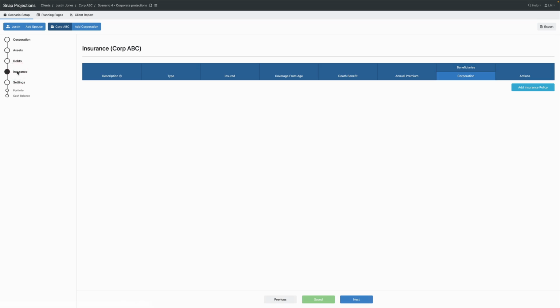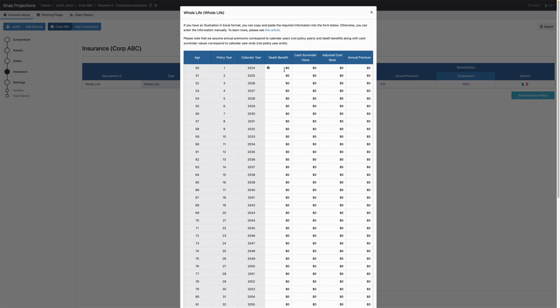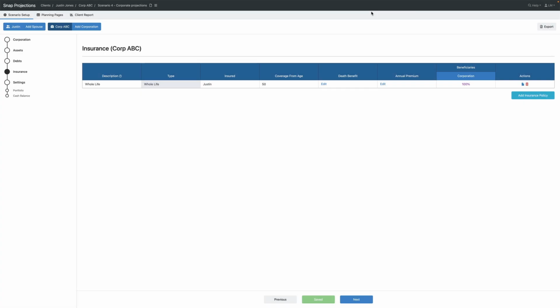And then we also have an insurance option. Let's add a whole life policy. And the type here can be selected as whole life or universal life. We're selecting Justin as the insured. And in order to edit the death benefit and the annual premium, we just need to open up this pop-up window. We can type in information, or we can copy and paste from an insurance quote, perhaps from the insurance company or something that you already have in Excel. I have the corporation as the beneficiary,